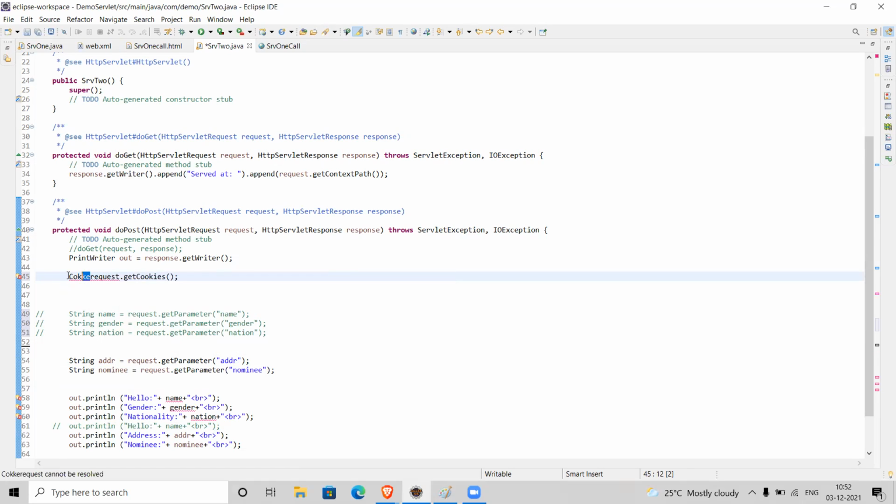The return type of getCookies is a Cookie array. The client can hold multiple cookies, right? That's why when we call request.getCookies, it will return an array of cookies. Cookies can be more than one.